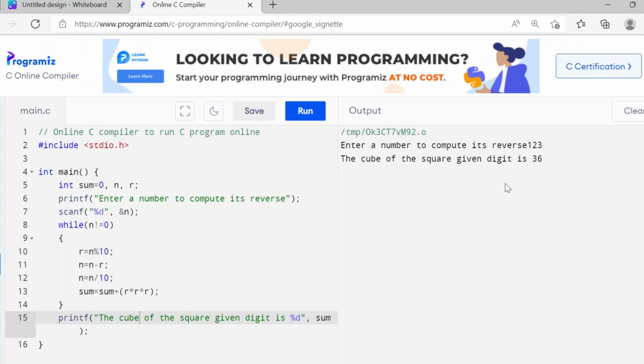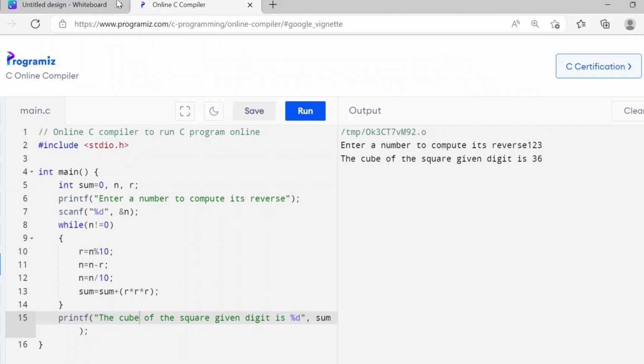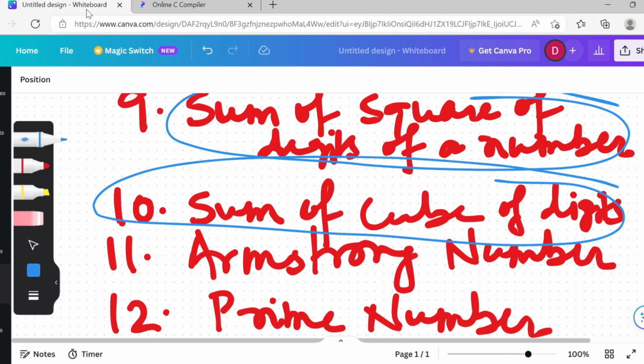27 plus 8 is 35, plus 1, yeah. You see, sum of cube of digits means 1 cube plus 2 cube plus 3 cube, right? So this is 27 plus 8, 35 plus 1, that is 36. Fine. Now, in continuation to this problem, there is one very interesting problem that we are calling